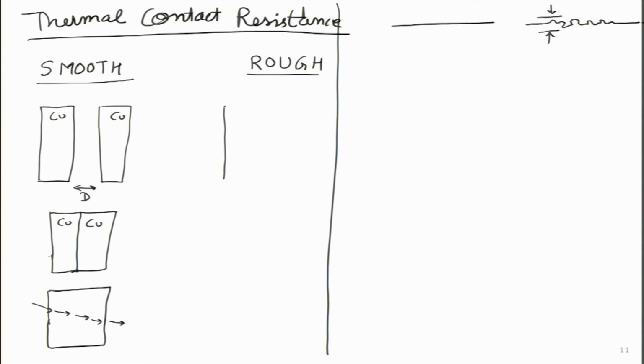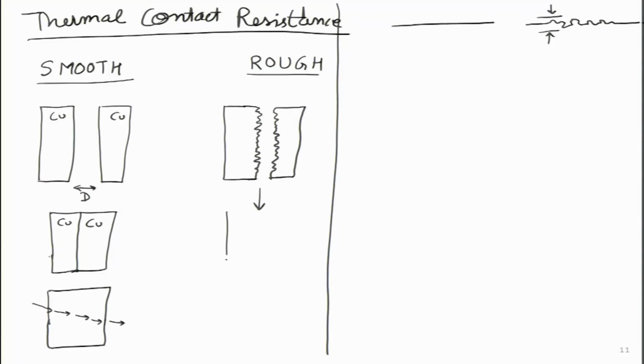Any block of copper that I take will have some sort of roughness. So, let me try to draw that over here. Of course, I am magnifying the roughness. If I purchase a block of copper from the market or get it machined inside a workshop, then that operator can tell me that he has made it very smooth, but if I look at it under a microscope, I can always find some amount of roughness which is present over there. Now, what happens in this case, if I try to bring them together, if I put them in contact.